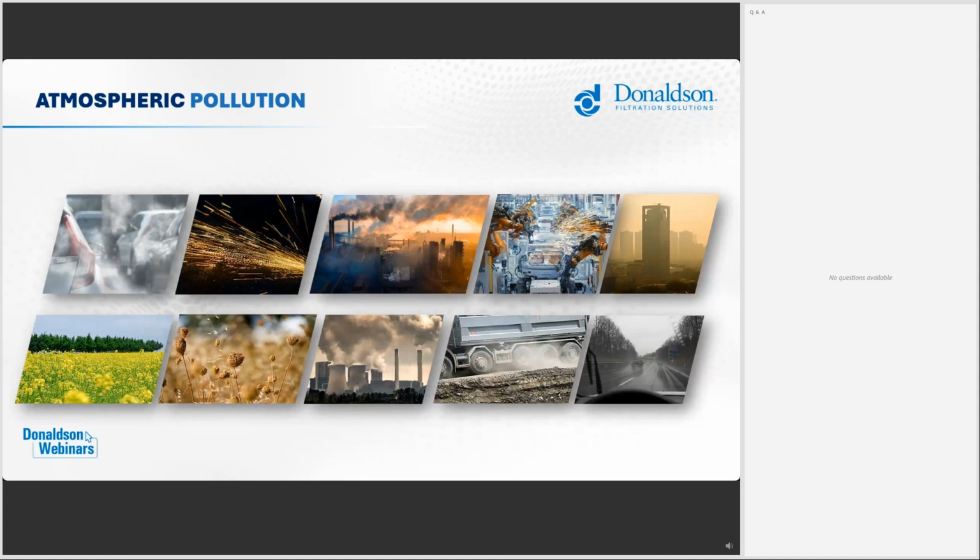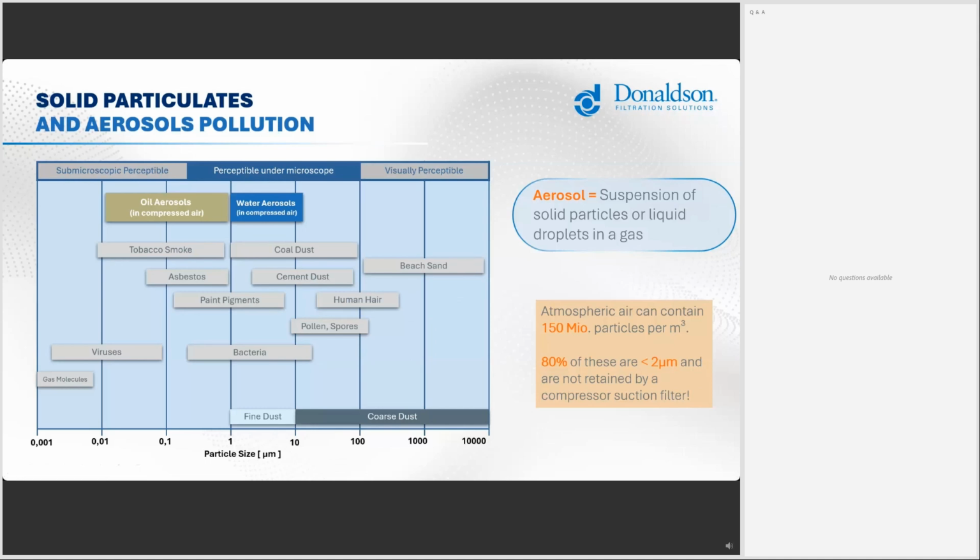So first we are having the atmospheric pollutions, which can come from different processes, from the industry, from traffic, but even also from natural sources, like particles coming from pollen or just, let's say, dust in the air and humidity. So all these pollutions are coming into a compressed air system while they are sucked in by a compressor. And as a first part, I would like to have a quick look on the solid particle layers and aerosols